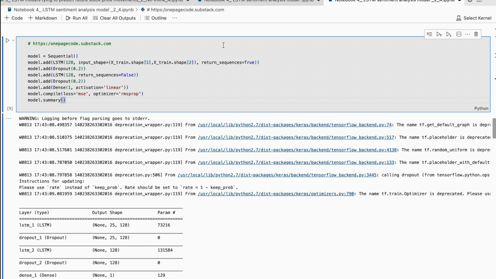The return_sequences parameter is set to true, which means that the LSTM layer will return a sequence of outputs instead of a single value. This is useful when dealing with time series data. A dropout layer is then added with a dropout rate of 0.2, which is used to prevent overfitting. Another LSTM layer is added with the same size and a return_sequences parameter of false, meaning it will only return